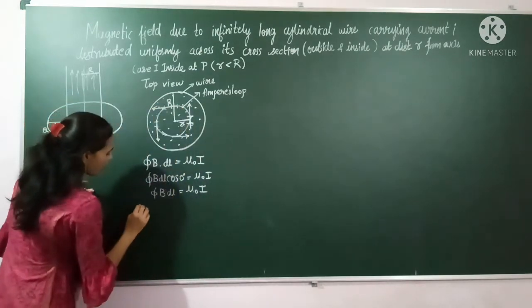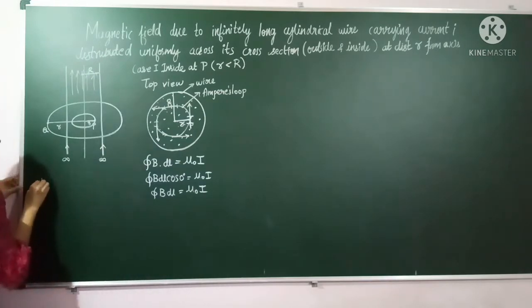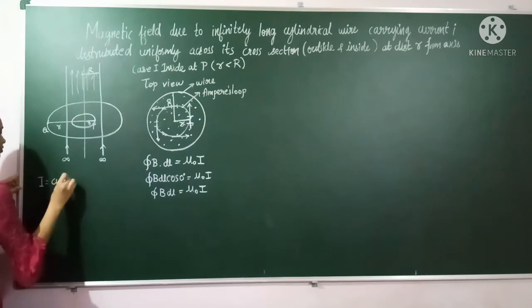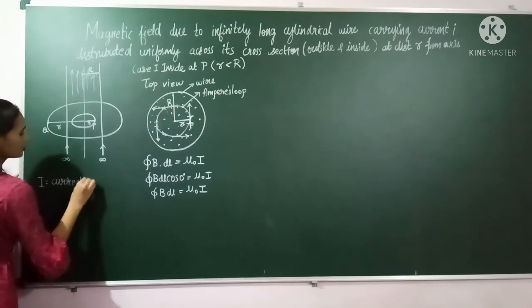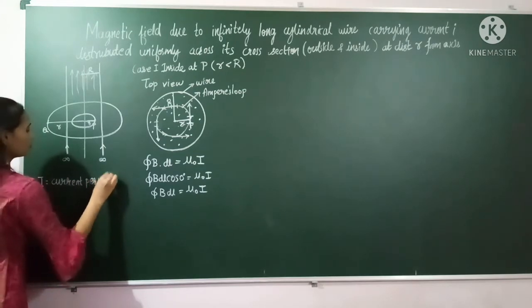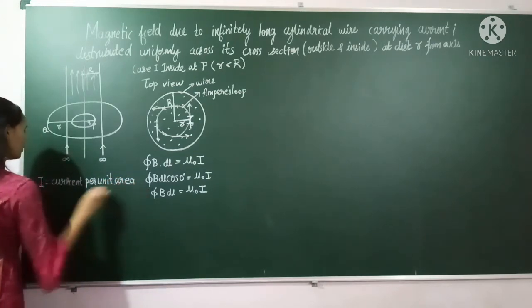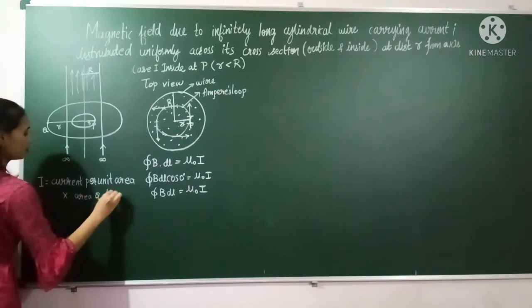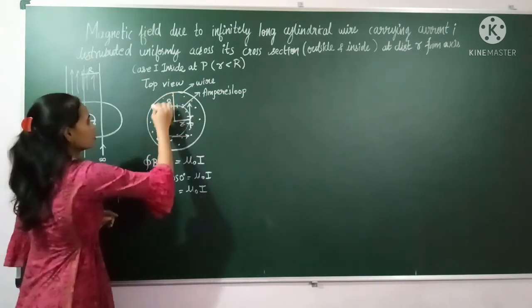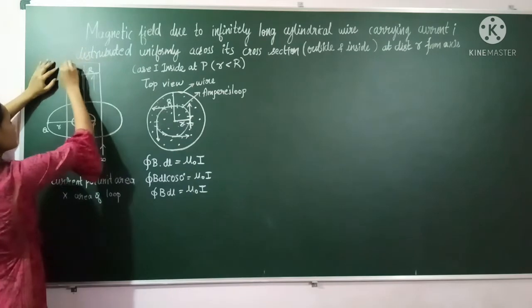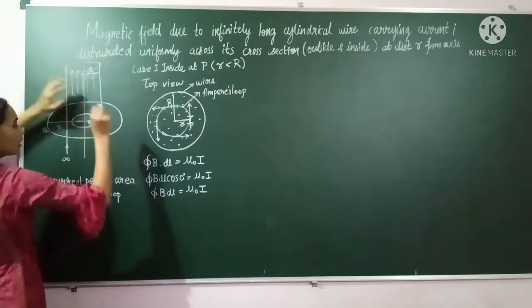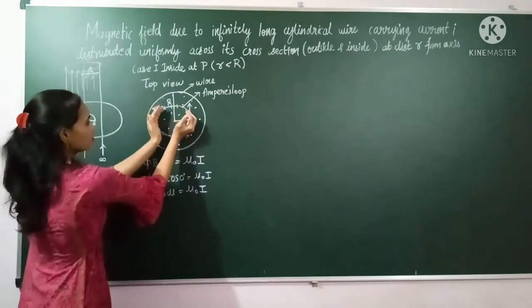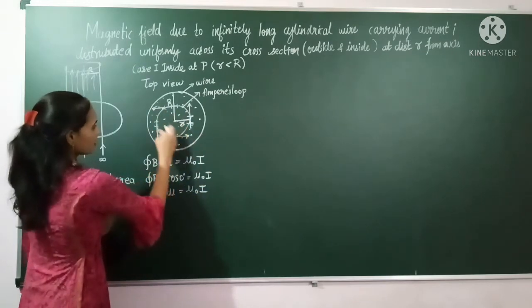So for that, I value can be written as current per unit area multiplied by area of the loop. In this total wire, consider this is our cross sectional area. In this cross sectional area, per unit area, what will be the current? That current we have to multiply with the area of this loop. Then we will get the current which is present inside this loop.